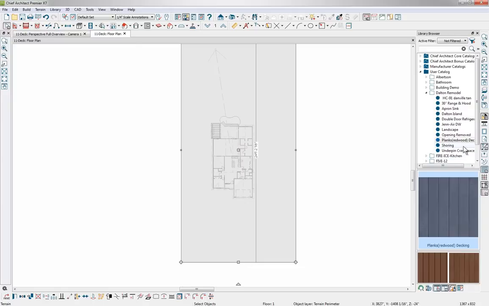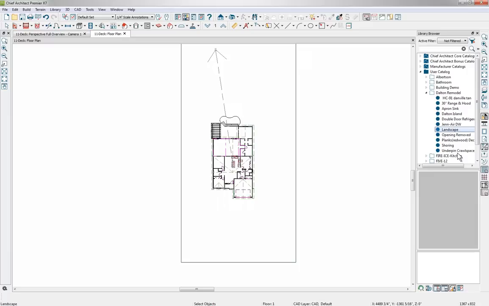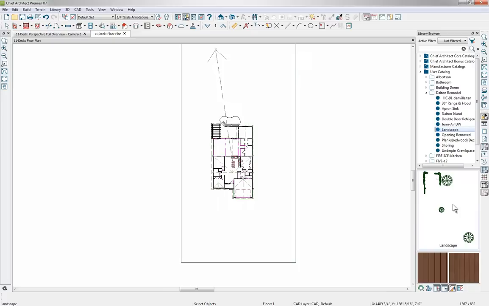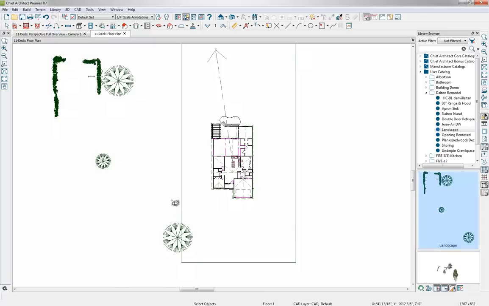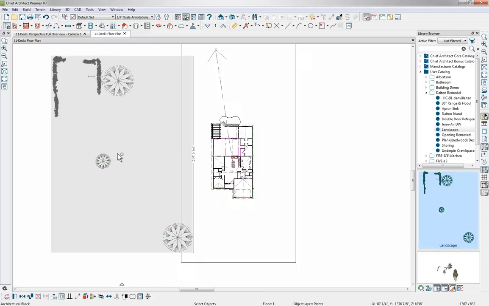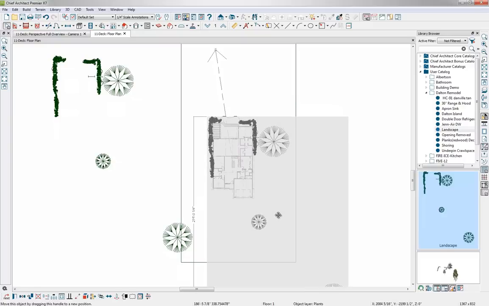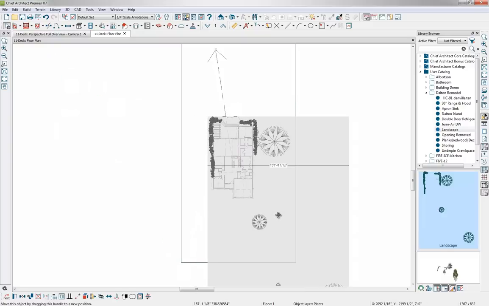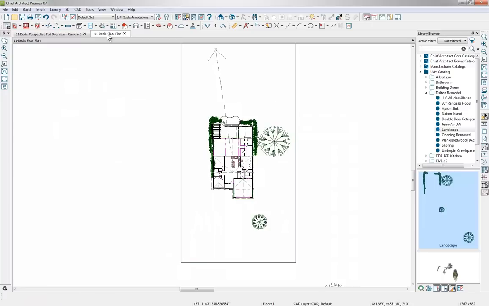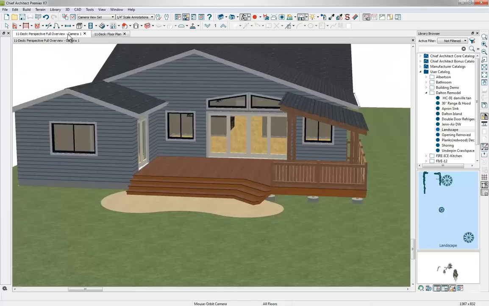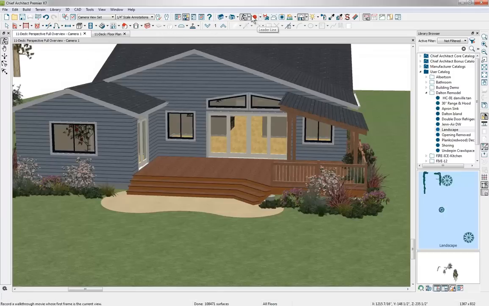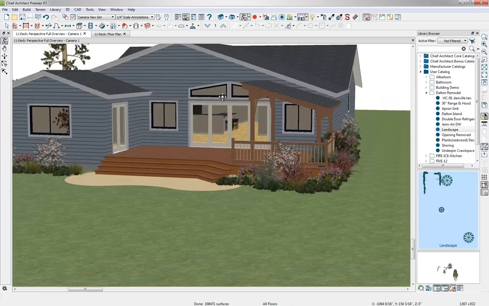I have some terrain that I've grouped together for this. I've just called it landscape, and again, this is an example of using architectural blocks where we group a bunch of landscaping together. We click on it in the library here, and then we can click into our plan to drop that down. And then with it selected I can move it over and place it right in next to my plan. So we'll just drop that in somewhere around there. And let's get back into our 3D camera view,